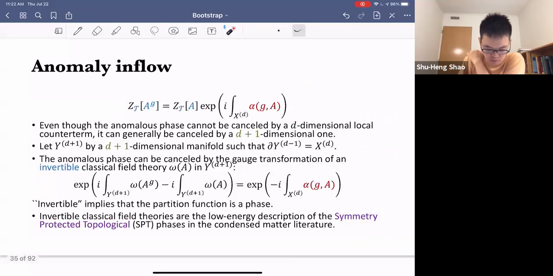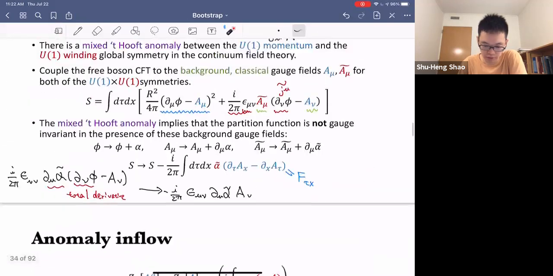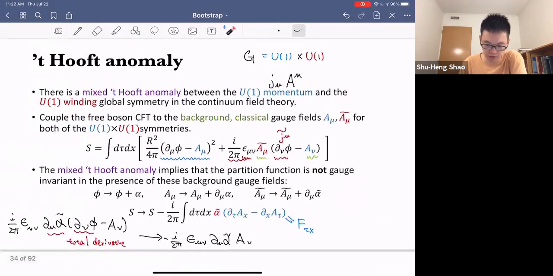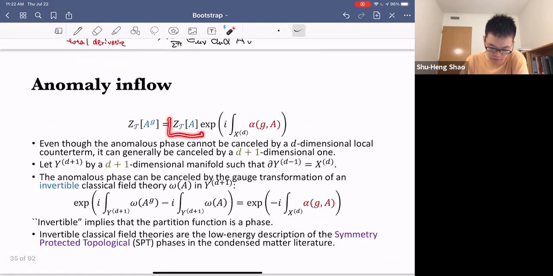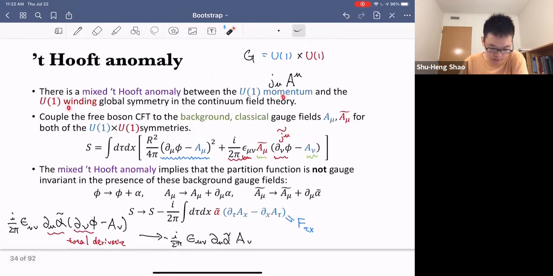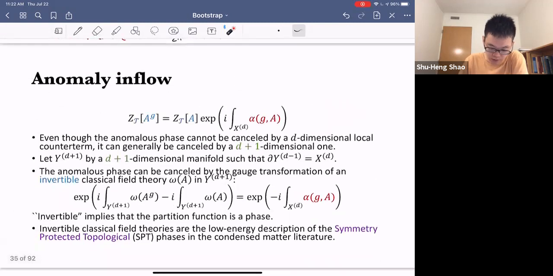Okay, so let me just repeat one of the earlier slides. I think this is a very nice, concrete, easy example of the general discussion we had yesterday. Yesterday we said that if I have a quantum system T with some global symmetry A, here A will collectively stand for the blue U1 and the red U1, I have this partition function and I perform a gauge transformation on the background gauge field, I obtain an anomalous phase. This anomalous phase cannot be canceled by the 1 plus 1D local counterterm,